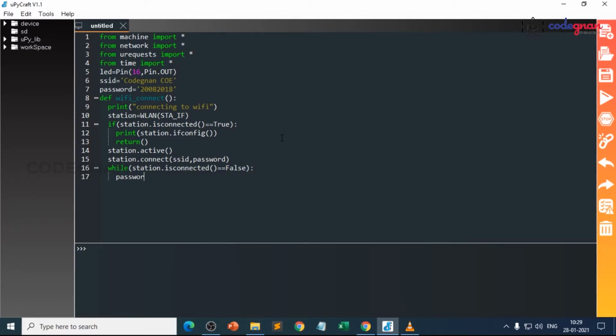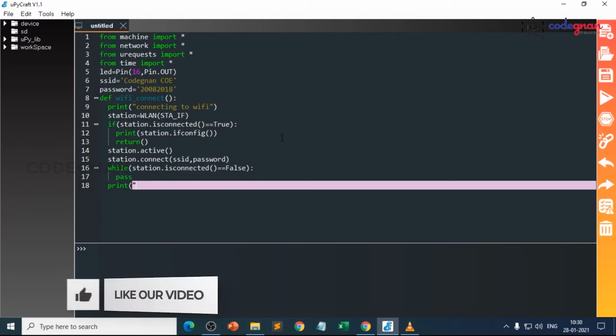So we are blocking the compiler until our NodeMCU gets connected with the ID and password. Once it gets connected, we need to print the Wi-Fi connection, which Wi-Fi our NodeMCU is connected to, and the IP address of that Wi-Fi.